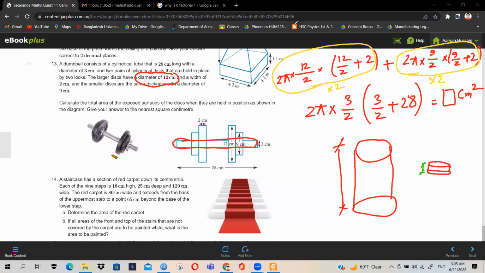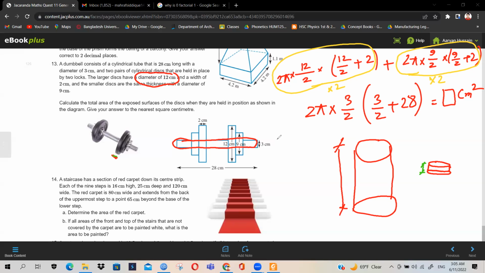Don't you have to minus the big discs by... Okay, because they're so close together, they're touching some of the exposed surface of the disc, which is minused by the smaller one. I understand your point. Very good question, but I don't think that is part of our consideration because